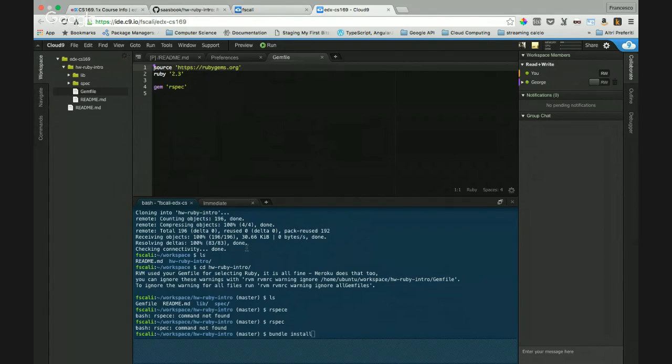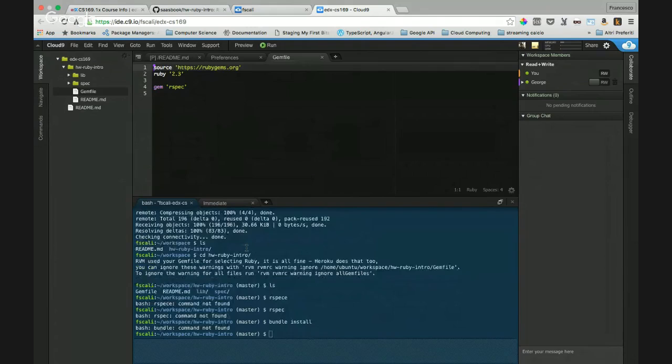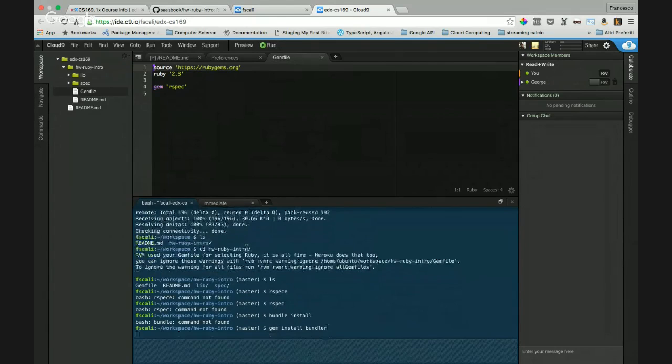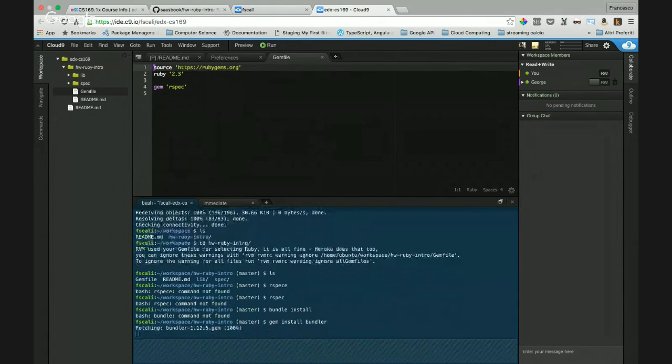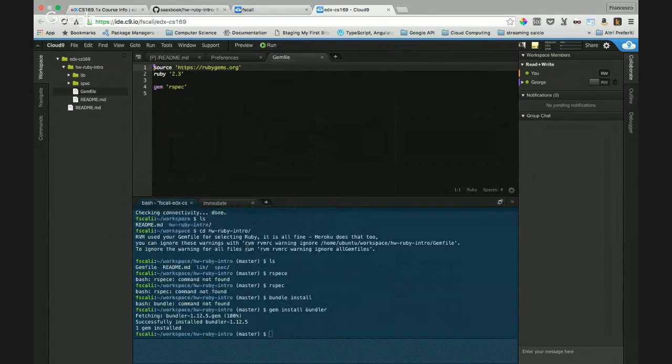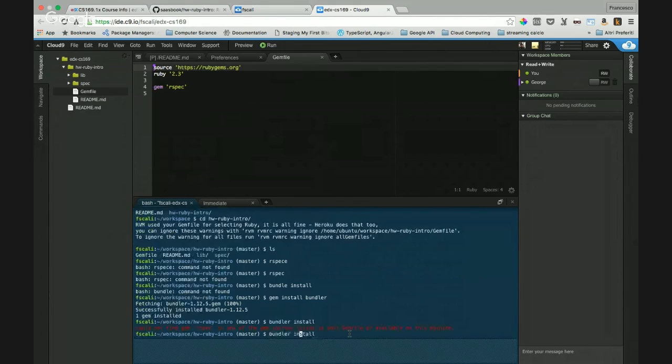But we don't have bundle, so we need to install bundler first. Gem install bundler. Bundler is the gem, and the command is bundle. So we try bundle install to install the gems.